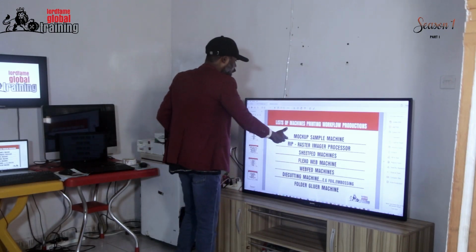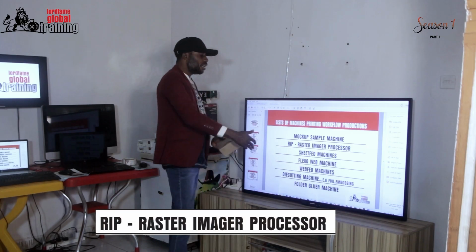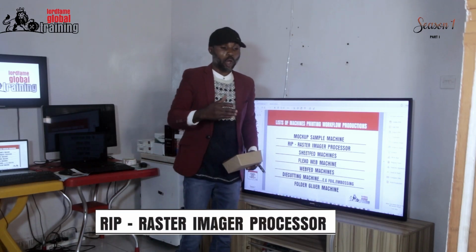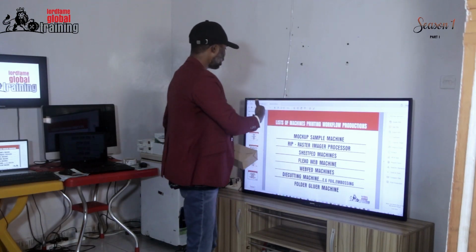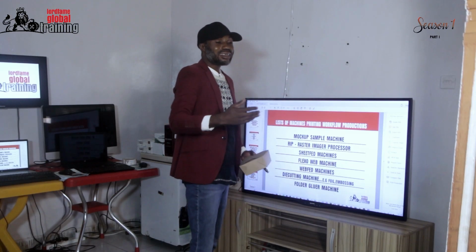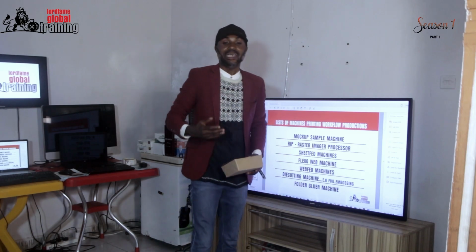There is a machine we call raster image processor. We call it RIP. That is the abbreviation. Raster image processor. That is what